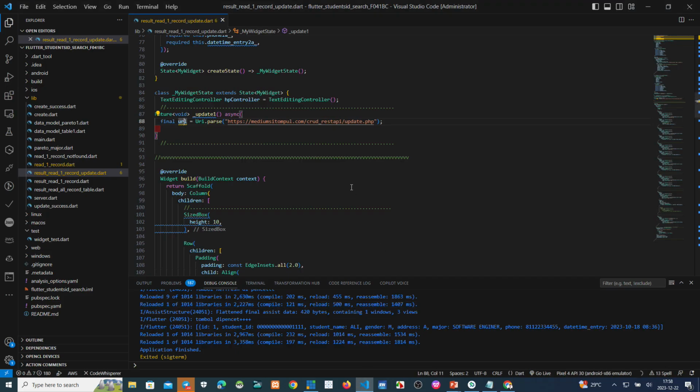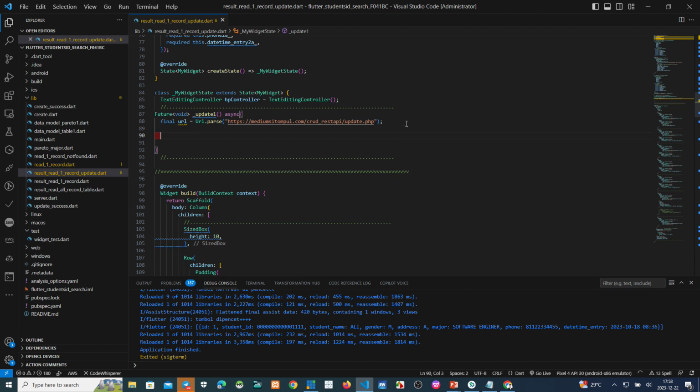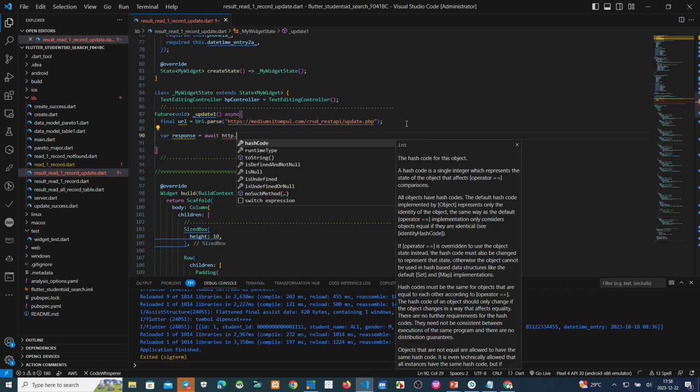Okay, now after we make a declaration of the link address, we continue with response. HTTP dot. Because we use HTTP from the Flutter project, we must import it first.